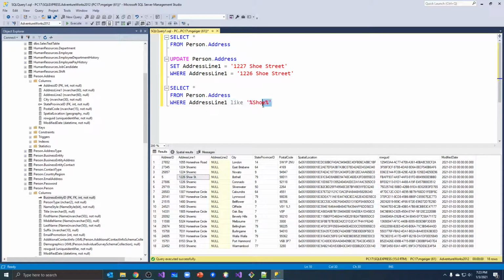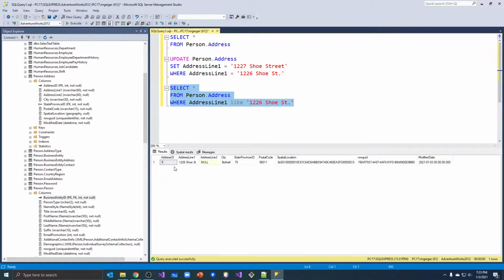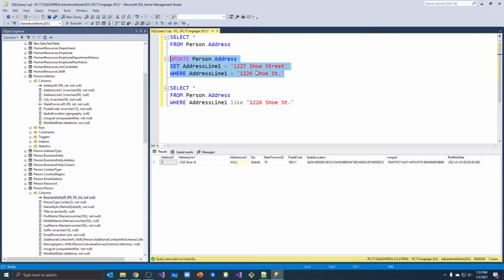All right, I see what my problem was. It was Shoe Street with a dot. So that's important to know. ST dot. Okay. So let's do this select clause. So I have one person who has that address. So when I run this statement up here to update that address, it's going to update for the one person